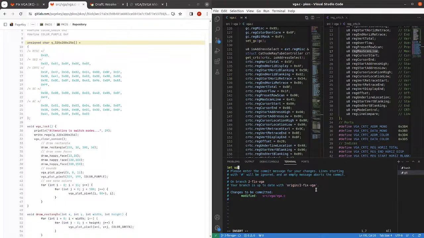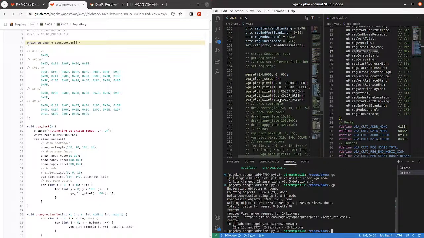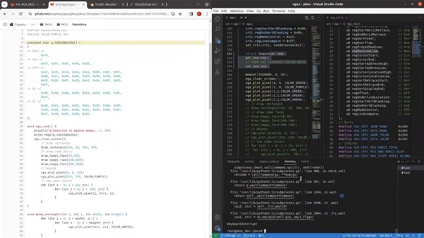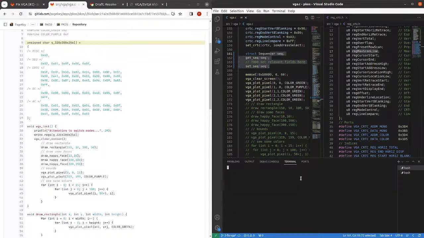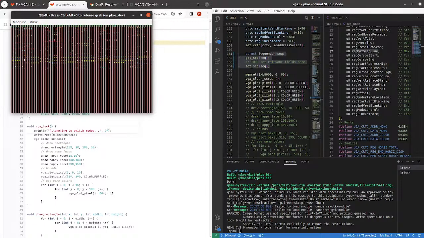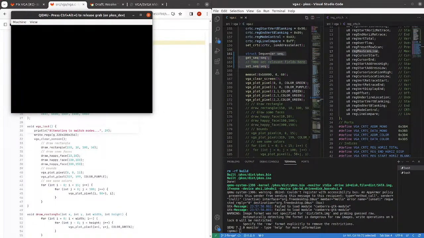But I'm just going to say set up CRTC values for enter VGA mode. We'll push it, and then we'll do the sequencer, and we'll see what that looks like too. Although I think the sequencer was crashing a minute ago. It was crashing everything. Let's see if just uncommenting it causes a lot of problems or not. But yeah, scripts, os.py run, and VGA. I mean, actually, it works fine. So I thought it was crashing, but